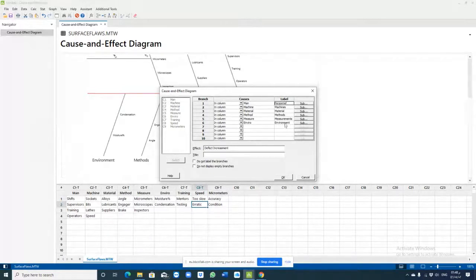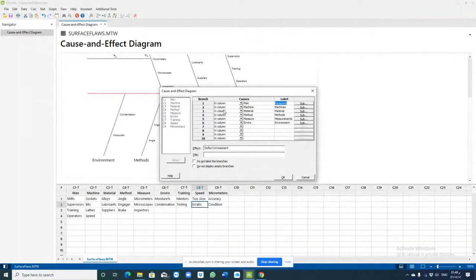Those are identified by Minitab, but you can change them if you want. You can change those based on your application. Those are the common, but you can change them. Those are labels. Here are the data where it is collected from. So you select the data from C1. So C1 is here, the column of C1T. That is where the data is, and you press OK to